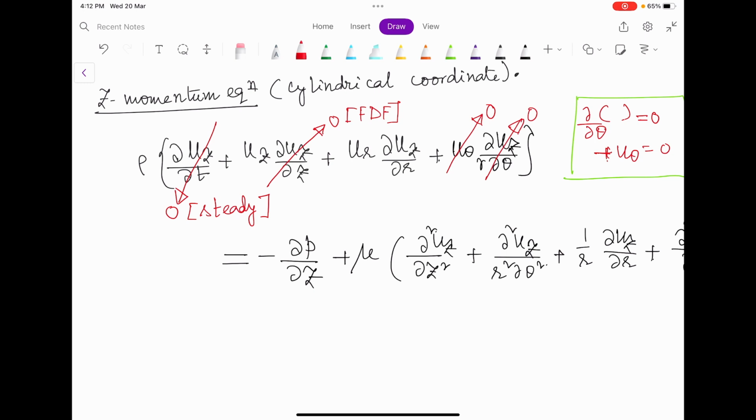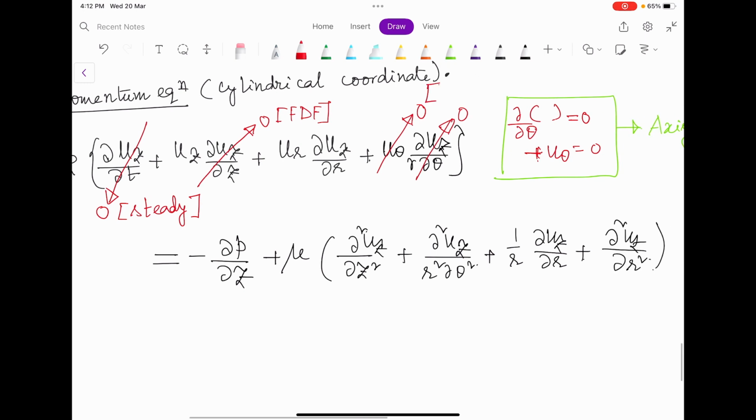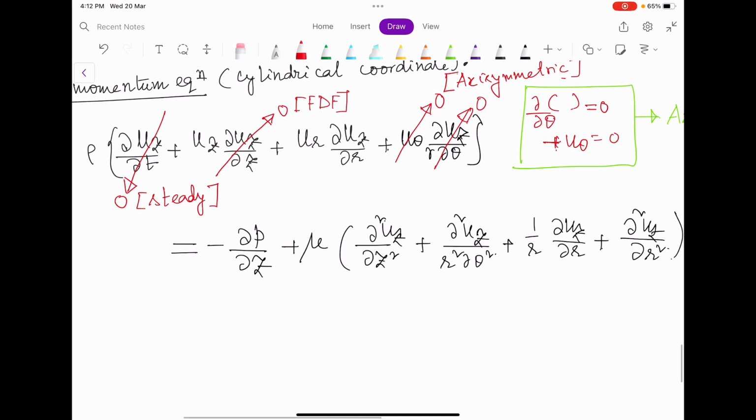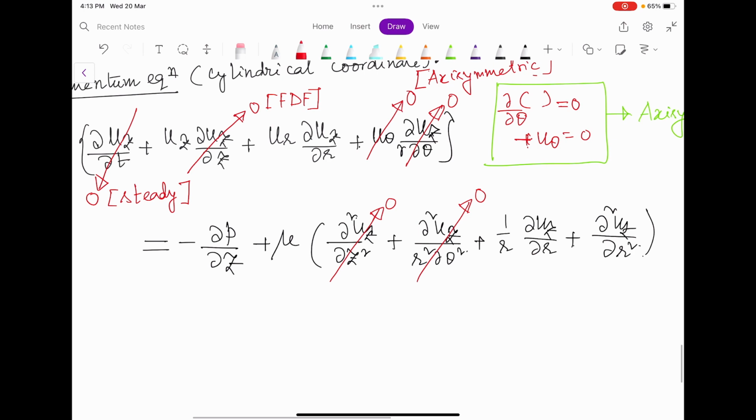Okay, so these conditions should be in your brain, that is why I am neglecting these things. And here also in a similar way, this is 0 for FDF. I am not writing again that this is 0 for axisymmetric. And now let us see that if,